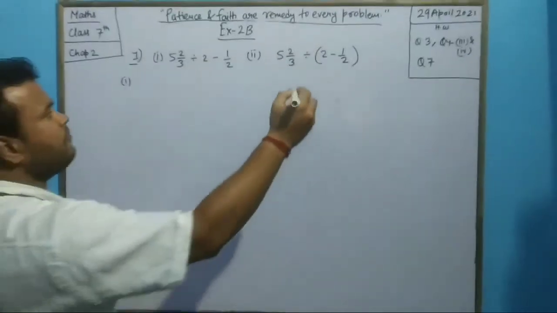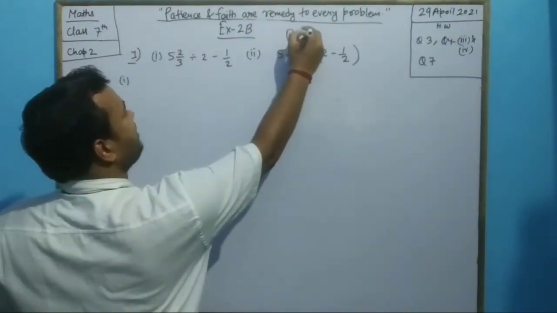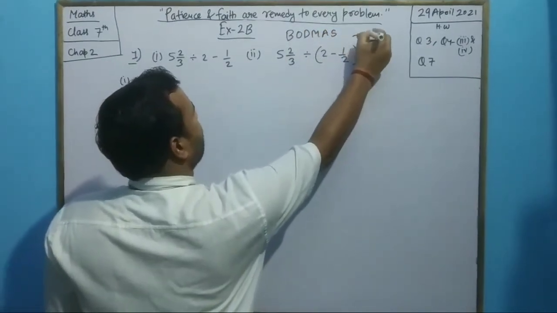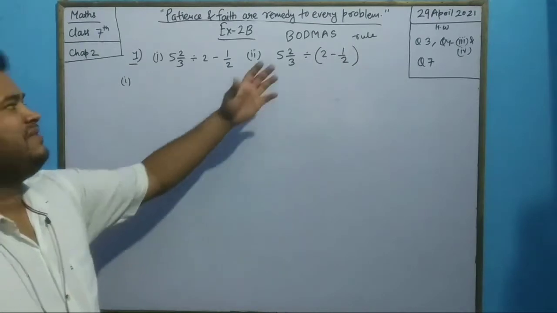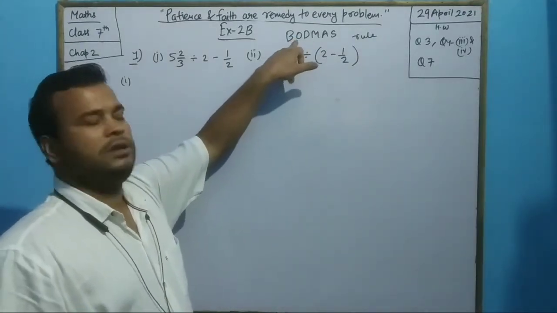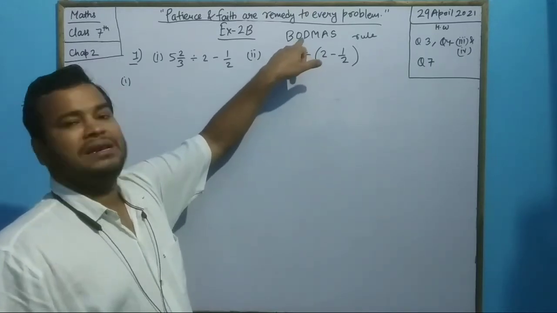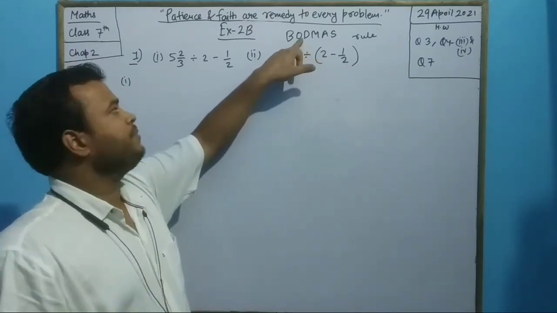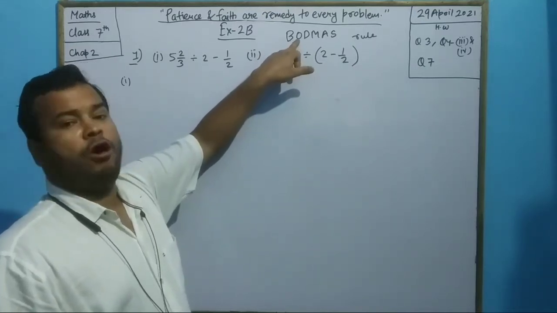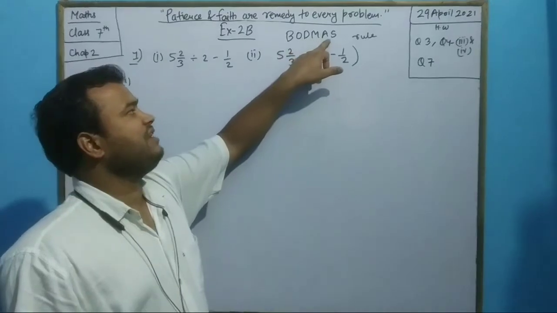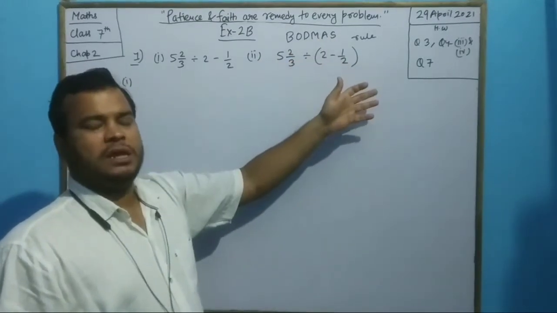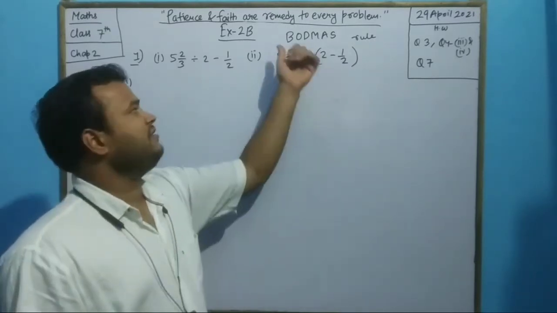Okay, previously I also discussed a rule, that is the BODMAS rule. What does it mean? B signifies bracket. We have to solve the bracket first, then this is the order sequence. First we need to solve the sum in the bracket, then of, then division, multiplication, addition and subtraction. If various operations are given, this is the order in which they need to be operated, this is the sequence.